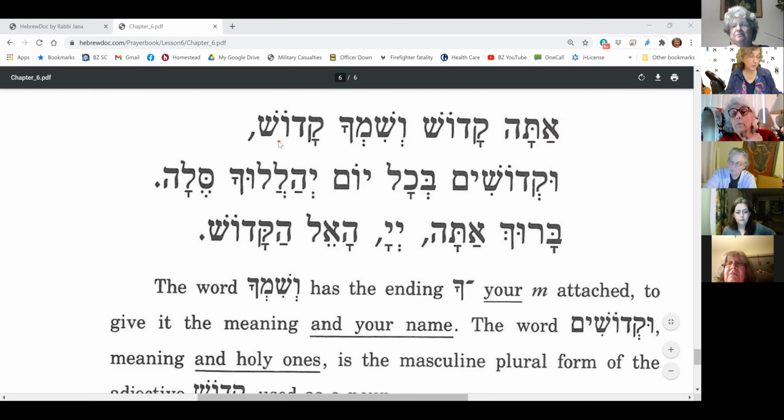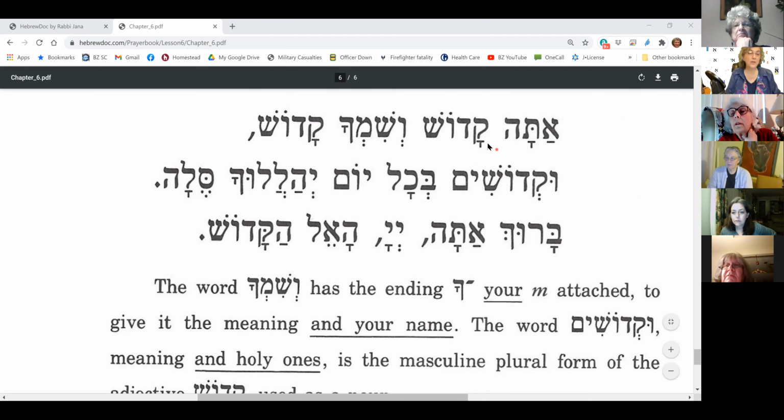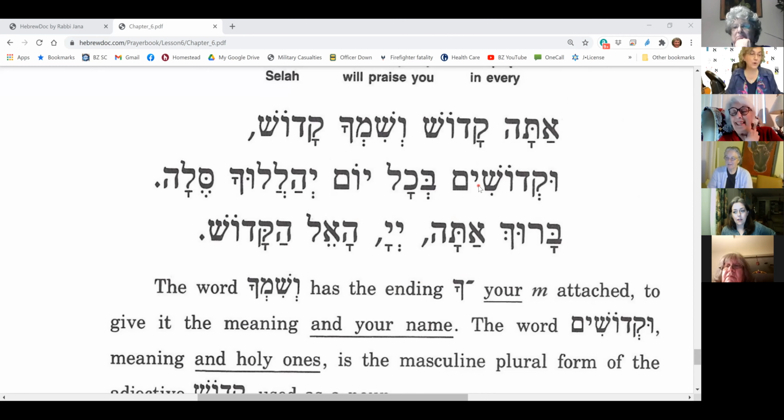Got it? And then it says, U Kiddoshim. So Kiddoshim is the plural of Kadosh. I'm going to ask you, Aaron, you may have to unmute yourself for this. Why does this go from Kadosh to Kiddoshim? Why does it go from a kamatz to a shva when I add a plural ending to it? Oh, we know that. Come on, you know this. Aaron's got it. Propretonic reduction of the kamatz.